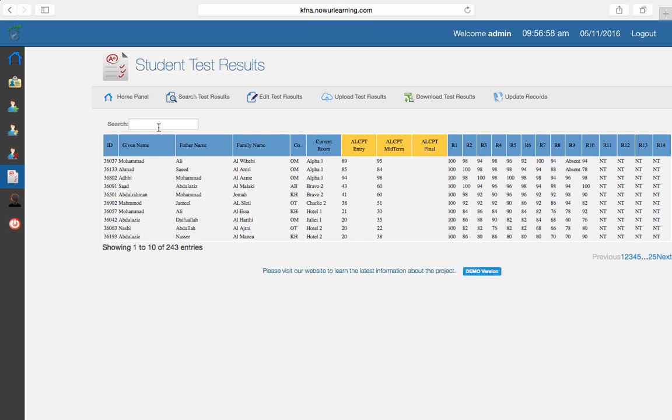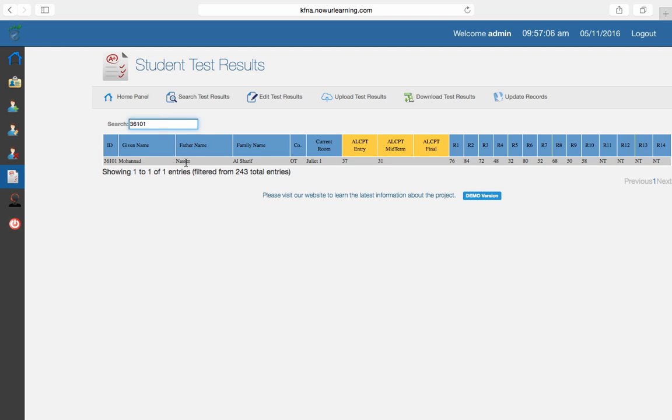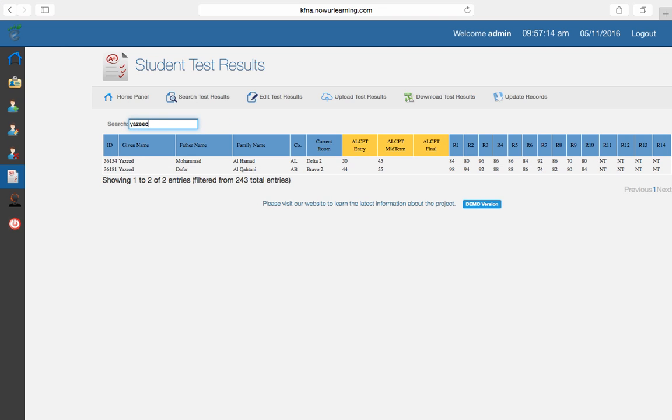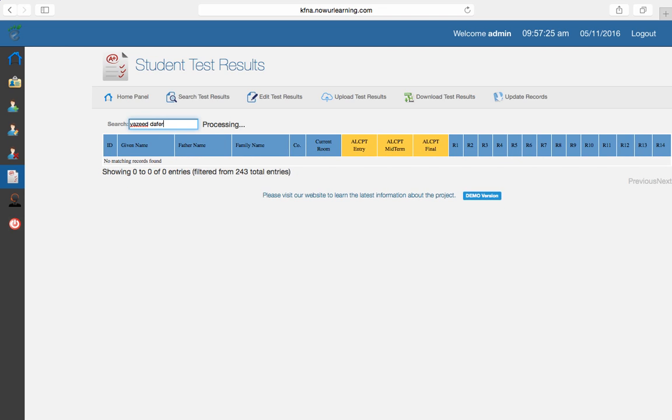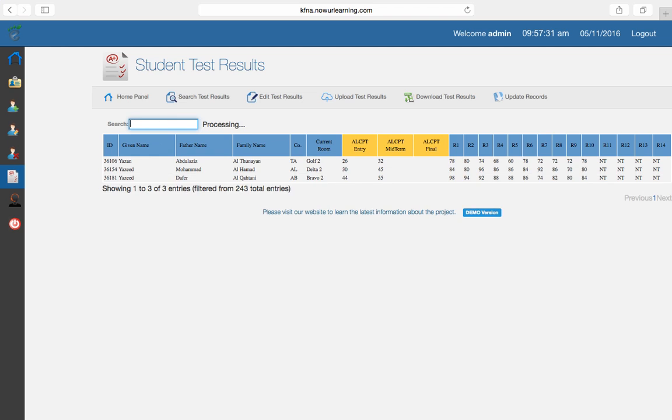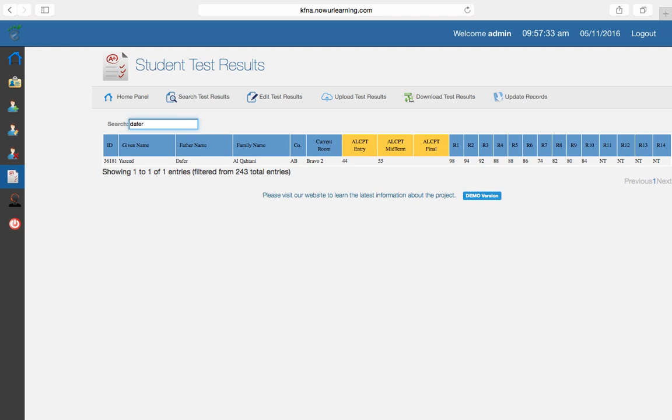Okay. You can also come to the search box and you can type in a cadet's ID, and this way you can look at one specific student or cadet. You can also do it by name, and that way, say I only knew his first name, or you can also put in whatever other parts of the name you have. Let's see, there we go, there's his middle name. Okay,